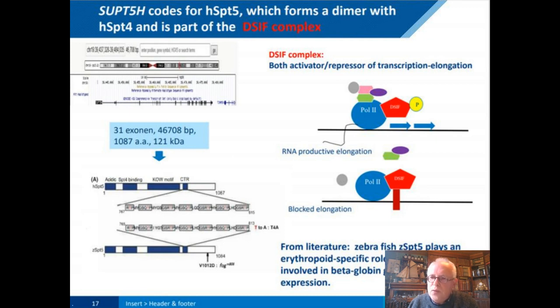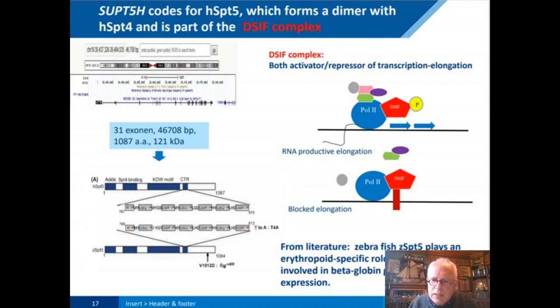So if the phosphorylation cannot take place because of the absence of this repetitive area on the C-terminus, you get that it is blocked. And this might be the reason why these people have an elevated A2 and, let's say, a typical beta thalassemia trait. We don't know for sure, but